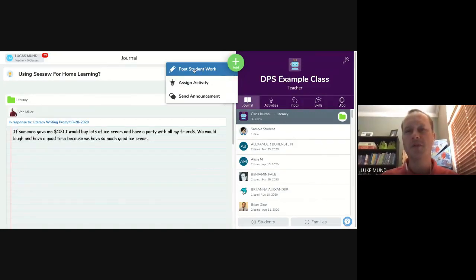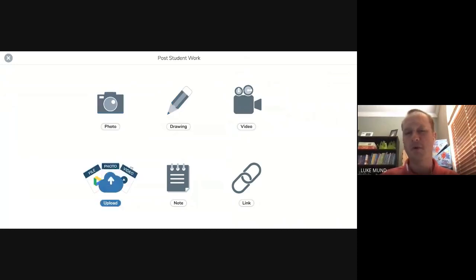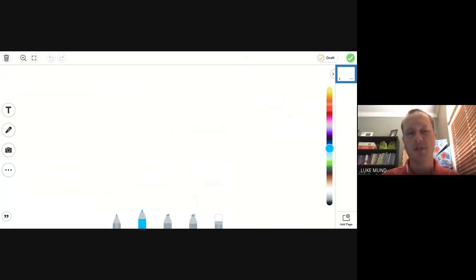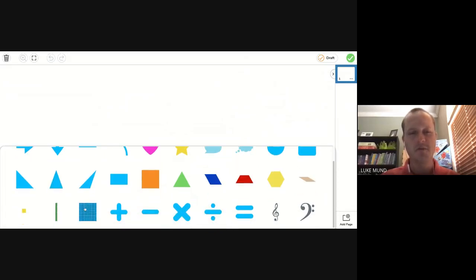So I'm going to go post student work, and it's going to pull up all 6 options and they can do whatever. So little Von could take a picture of the objects he's counting in his apartment, how he's doing multiplication with items in there. He can respond in different ways, right? Say he really wants to show his multiplication by using some of our shapes. He can respond here as extension work, and he could use some number blocks, right?